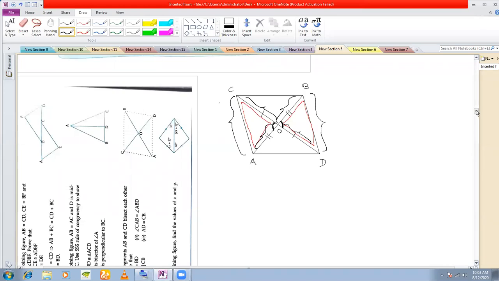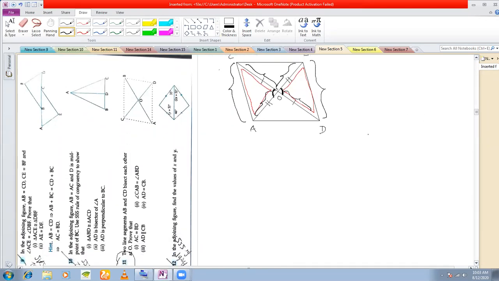Okay. So therefore, by what axiom can I say? If you see in these two triangles, this angle is involved. Okay. And this side and this side are involved. That means what kind of an angle is this? It is the included angle, right? And this one is also the included angle between this side and this side. So therefore, this has to be SAS. We proceed by saying in triangle